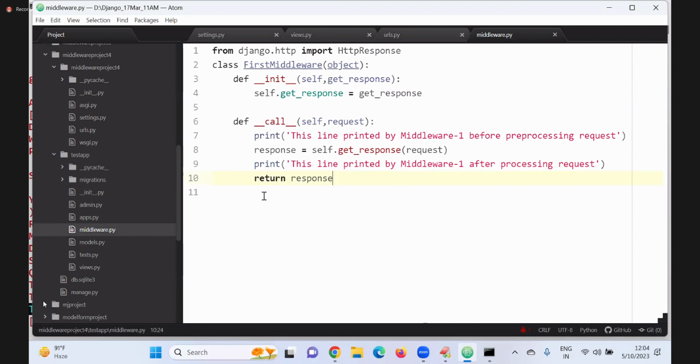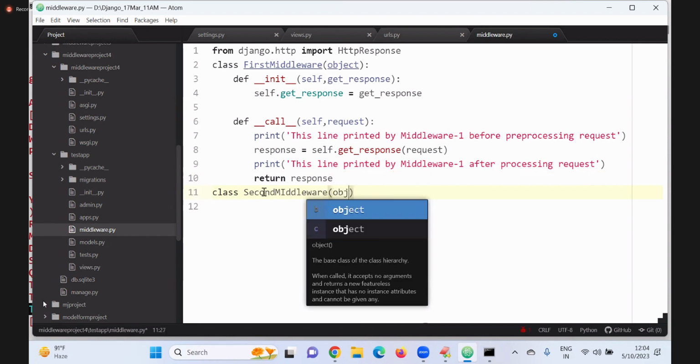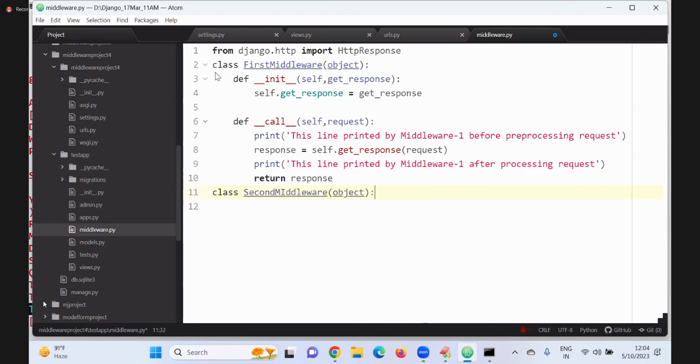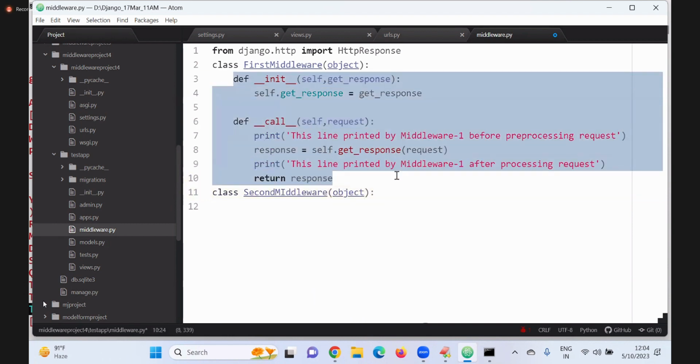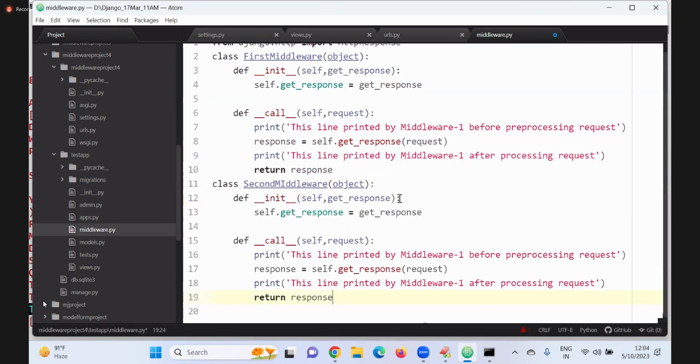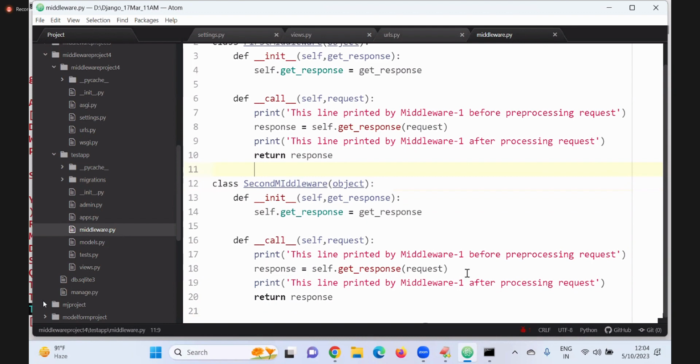Now you can take another one. Class second middleware, inside object. This total story should be the same. Now two middlewares are there, so here you have to change.